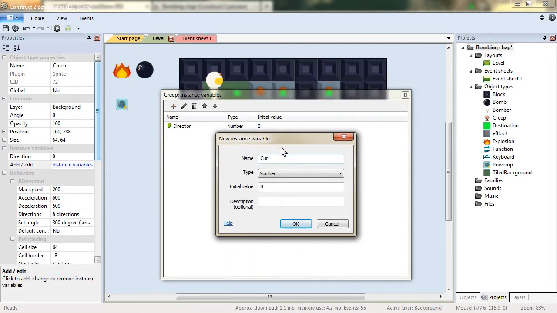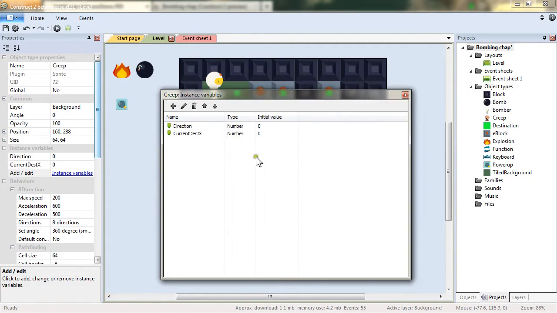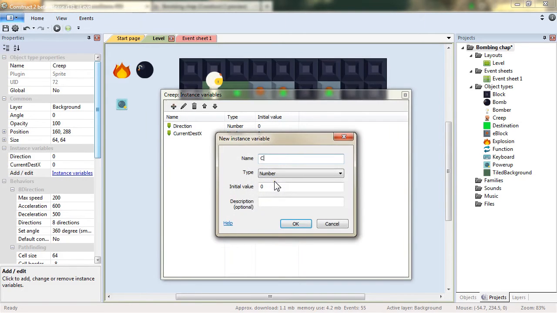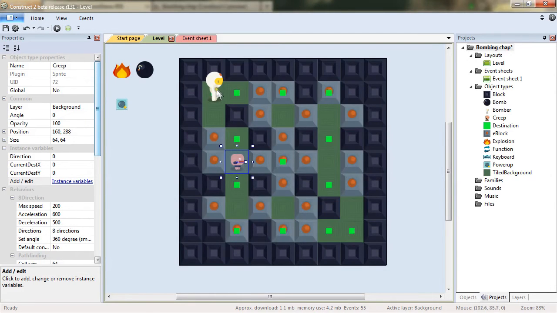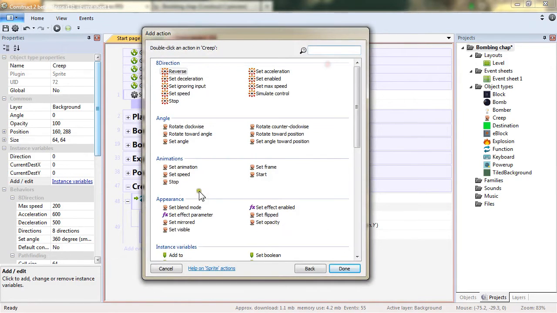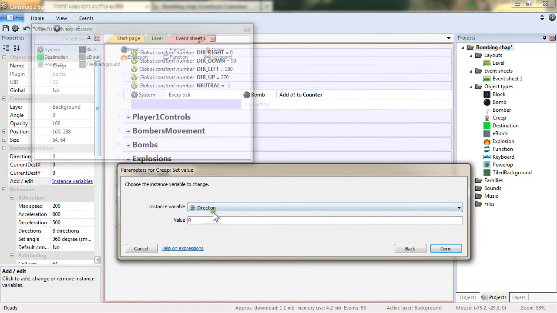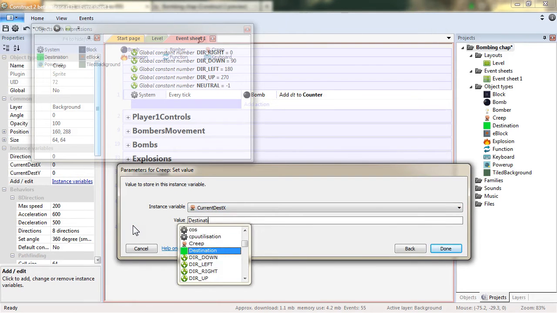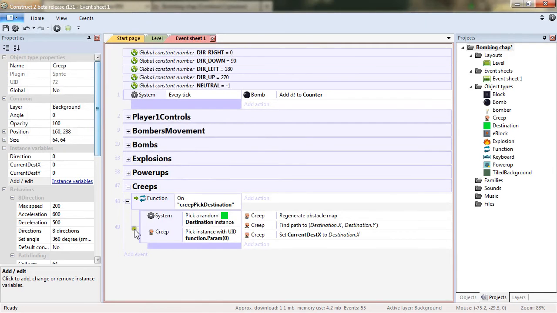We will also add a current dest x and a current dest y, which will be variables in which we keep the destination we are going to, and so that's where we set it. Set the value current dest x to destination x, and pretty much the same for current dest y